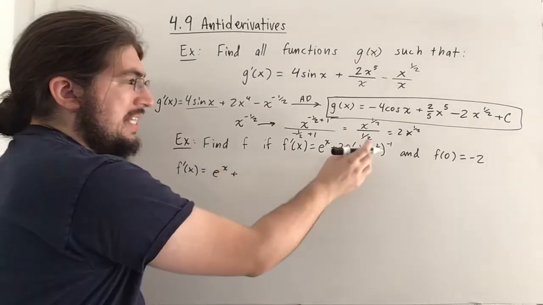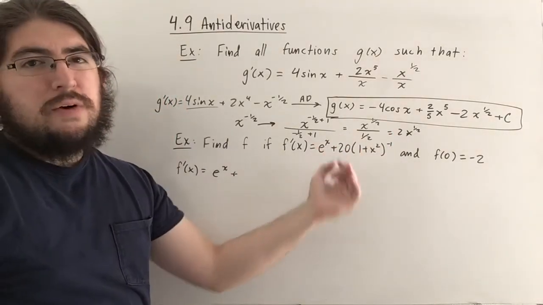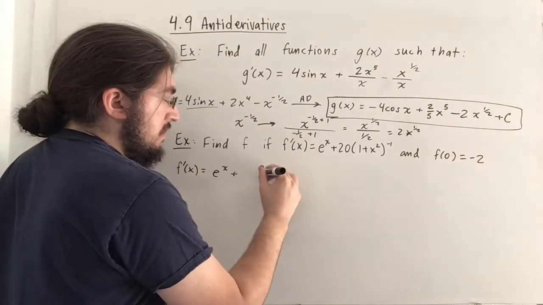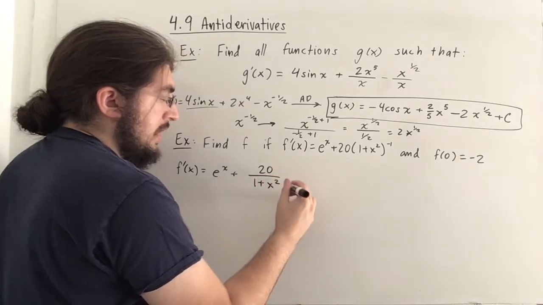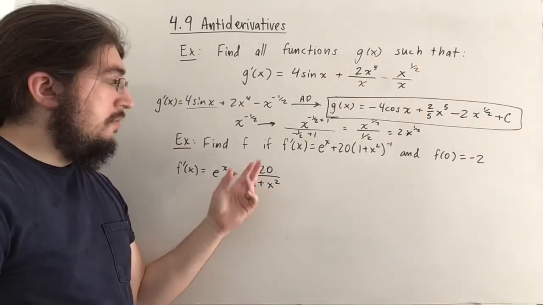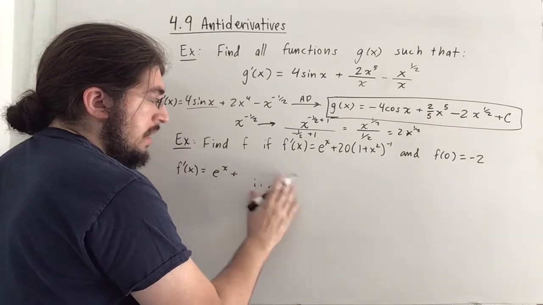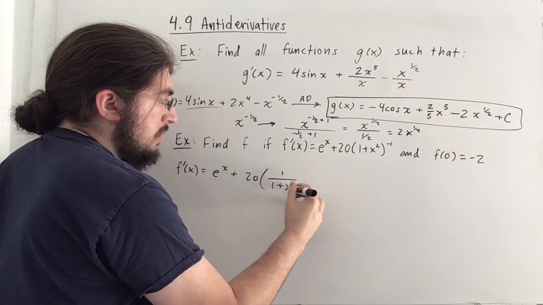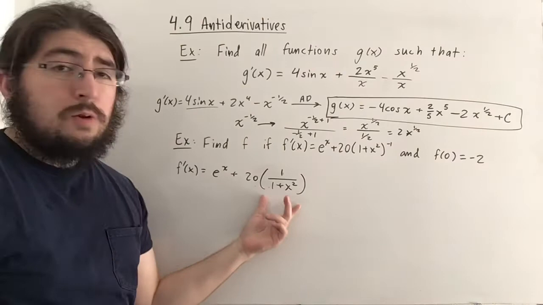But then this guy is this weird expression to the -1, and that looks like a chain rule scenario, and I haven't shown you an anti-chain rule yet. So the way we'll handle this is, of course, just write it as 20 over this denominator, which is 1 plus x squared, because it's to the -1, it's the denominator. And this should now remind us of 1 over 1 plus x squared. In fact, really, if you wanted to, you can write this as 20 times a quantity, 1 over 1 plus x squared. And this is actually the way you should be seeing it, because we know the antiderivative of this,